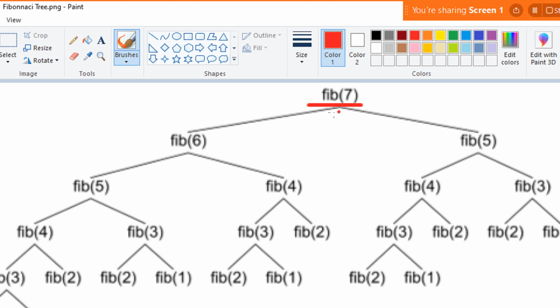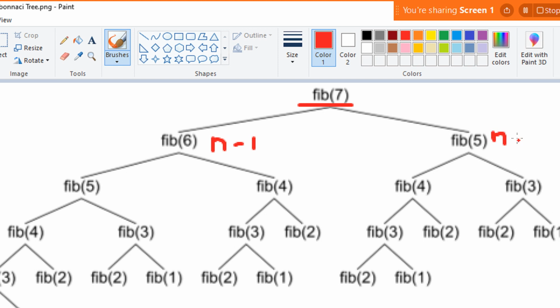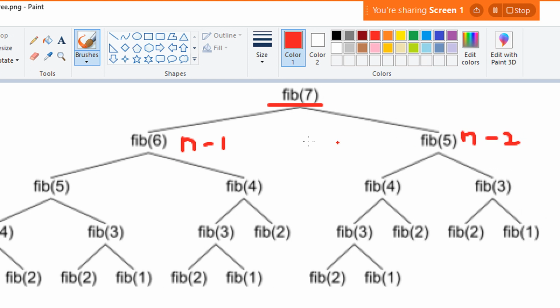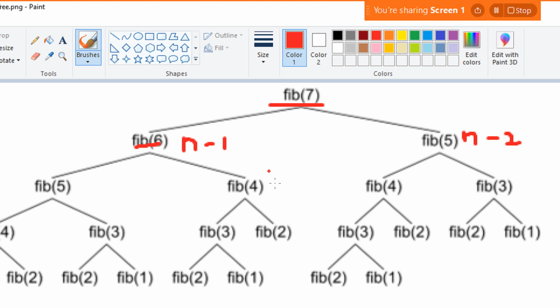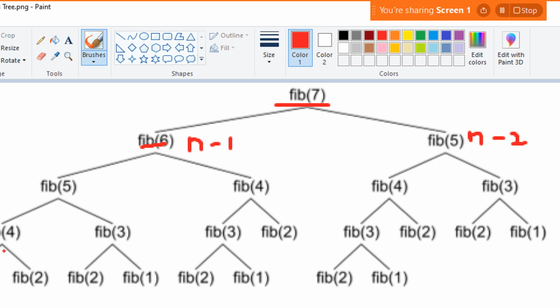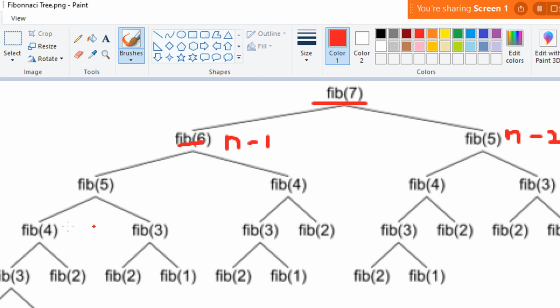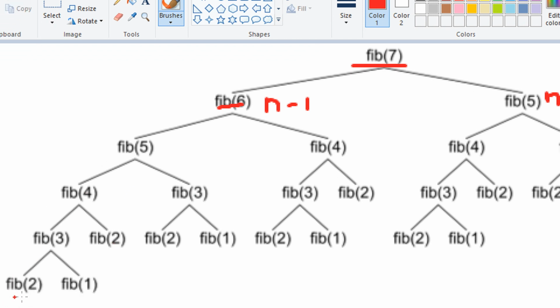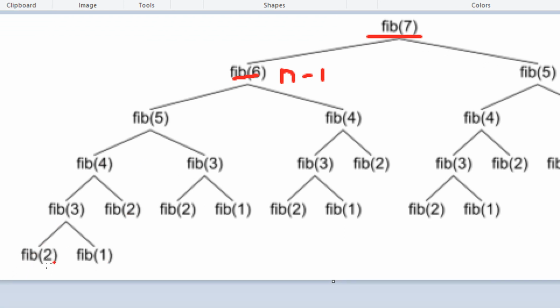So this is basically n minus 1 and n minus 2. Fibonacci of 6 is Fibonacci of 5 and 4 because the previous two terms are there. Fibonacci of 5 will be Fibonacci of 4 and 3. So eventually 5 becomes 4 and 3, then 4 becomes 3 and 2, and so on. And finally we return with Fibonacci of 2 and 1.